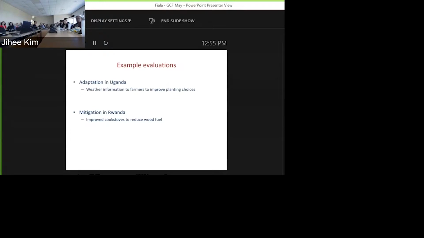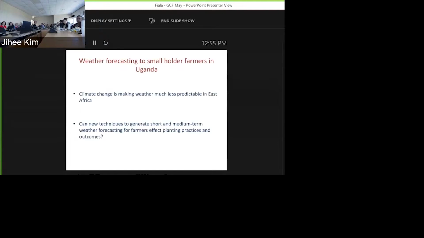And then the second thing I'm going to show you is a mitigation project in Rwanda. This is improved cookstoves, the example I kind of hinted at before, with the idea of reducing wood fuel. I'll give you the first stage results there. I won't have any results for the first one. This is just to talk about what you could do with the program.